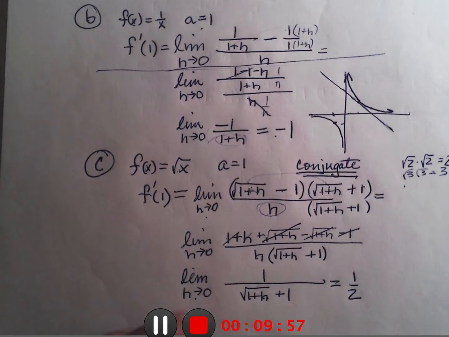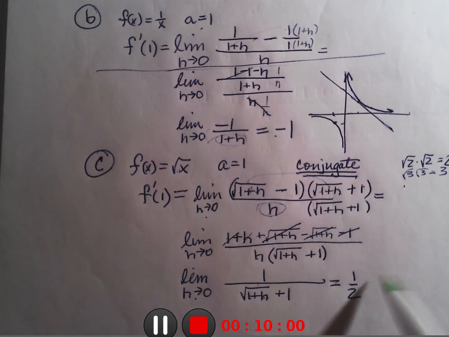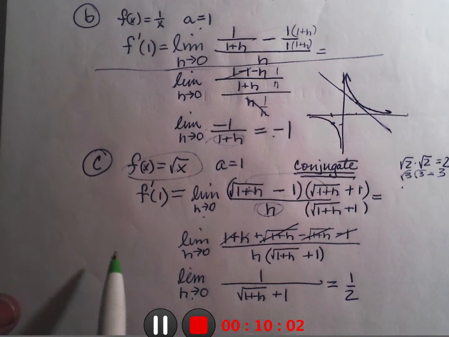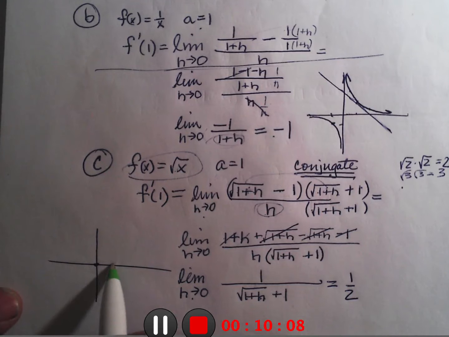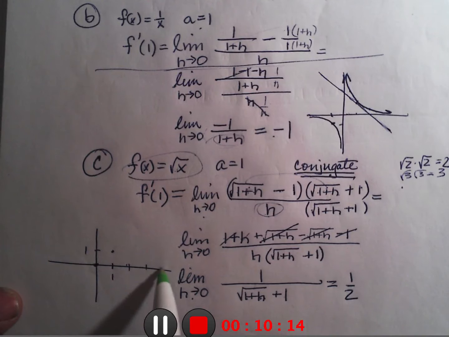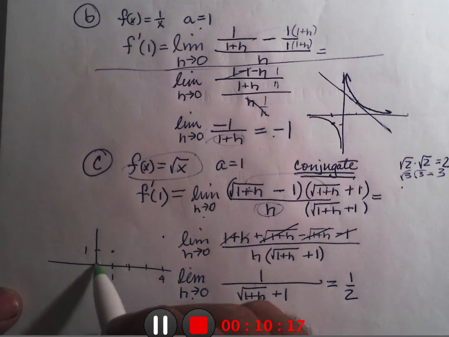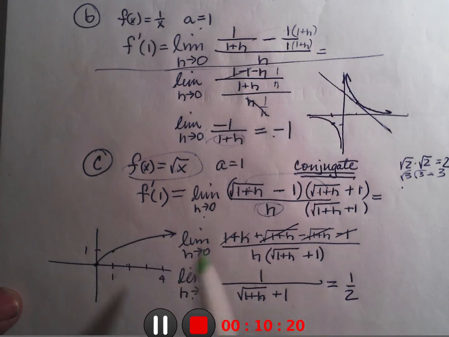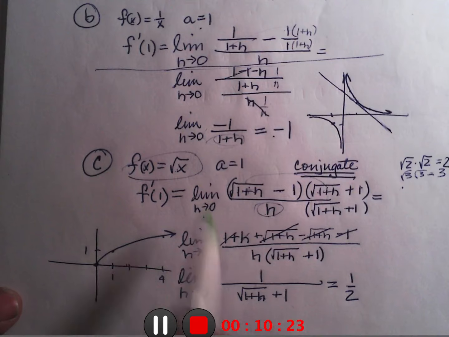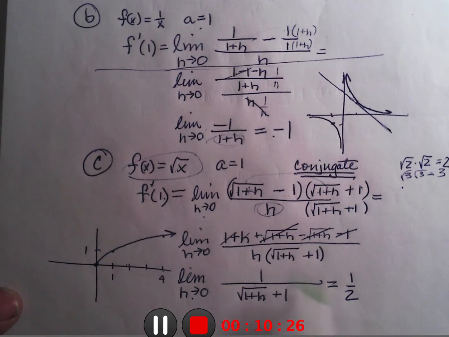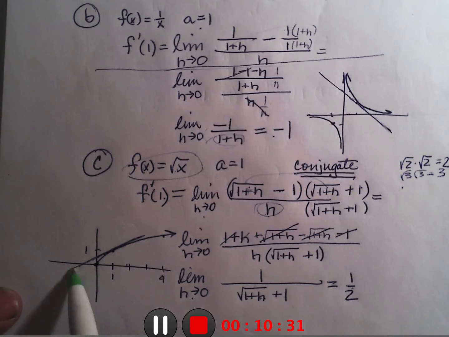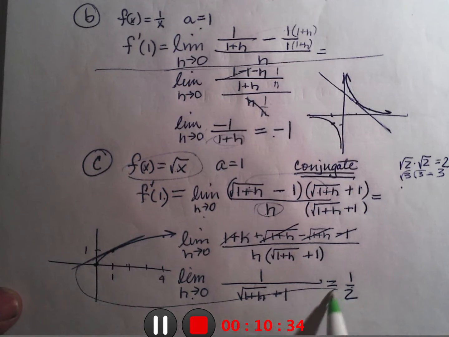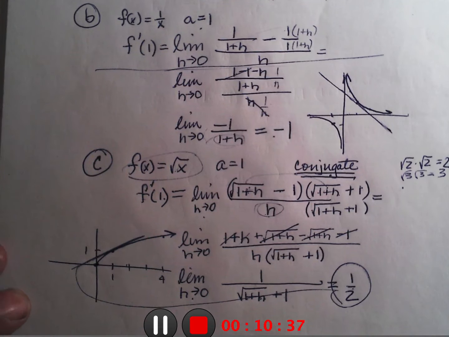Let's see if that makes sense. What's this curve look like? Well, square root of 0 is 0, square root of 1 is 1, square root of 4 is 2. It's a sideways parabola, and we were trying to find the slope of the tangent line at 1. So that tangent line looks like it has a slope about like this, and that does look like about a half slope. Okay,